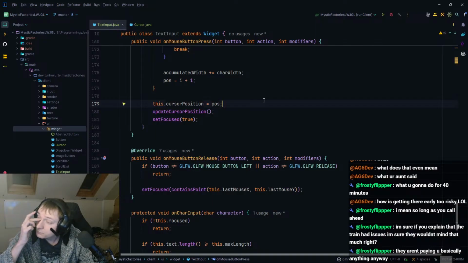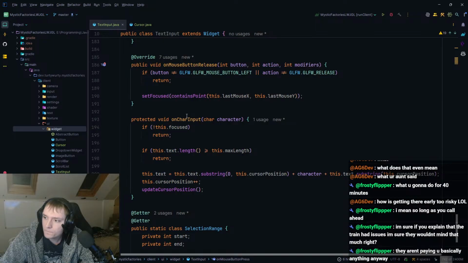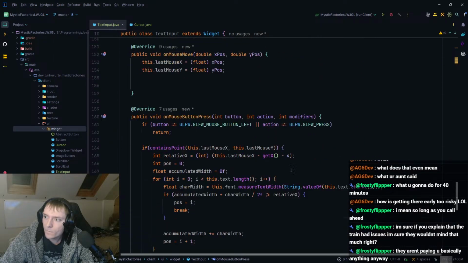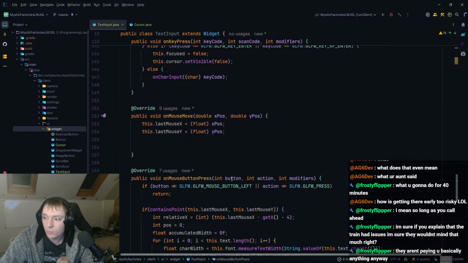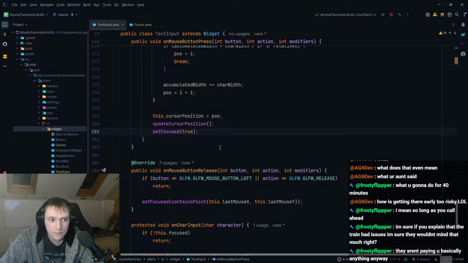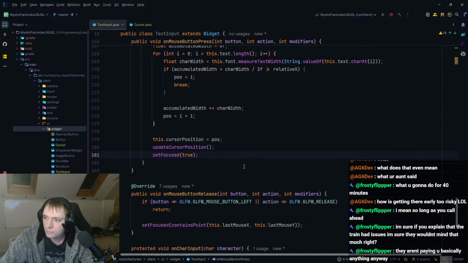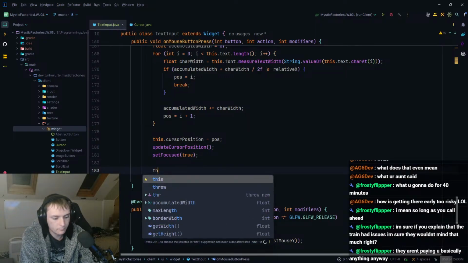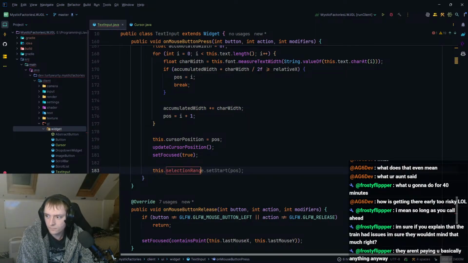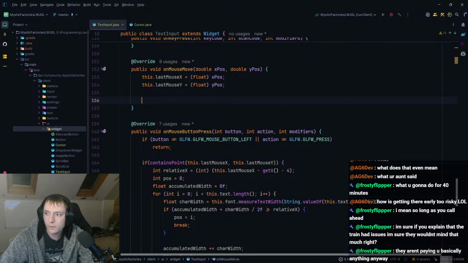So does that mean update cursor position is what actually needs to update the selection range? No, that can't be right. So it sets the start and the end to the pause, right? And then in here,